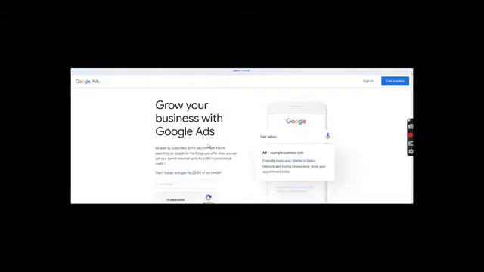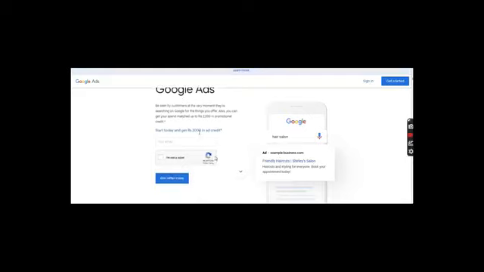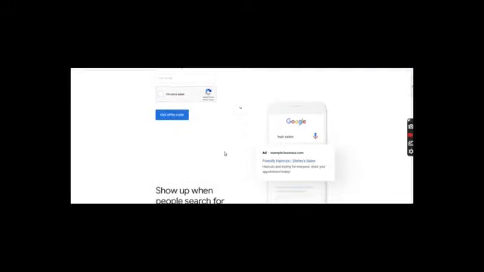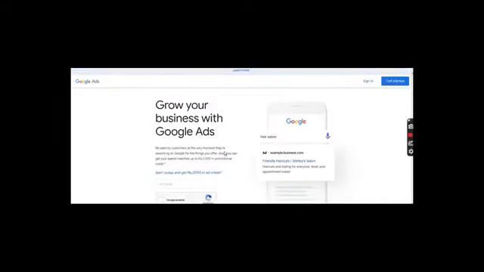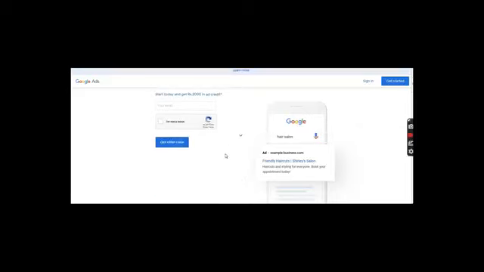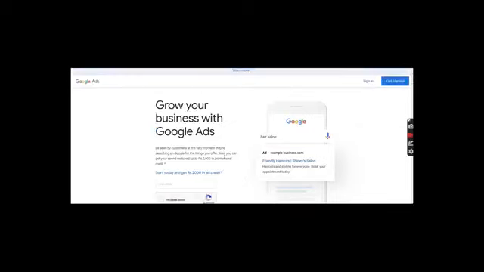So as you can see here, Google is offering 2000 free credits for the people who have signed up here for the first time. But anyways, we don't have to use this tool for PPC. We are here for keyword results. So let me take you straight away to the tool, but for that we need to sign in. So you need to sign in with your existing Gmail account to access this tool. Okay, so let me sign in.